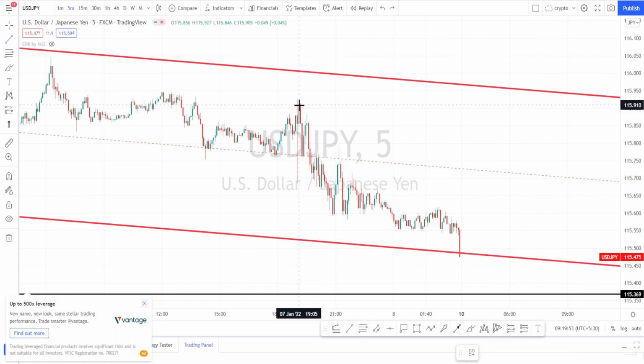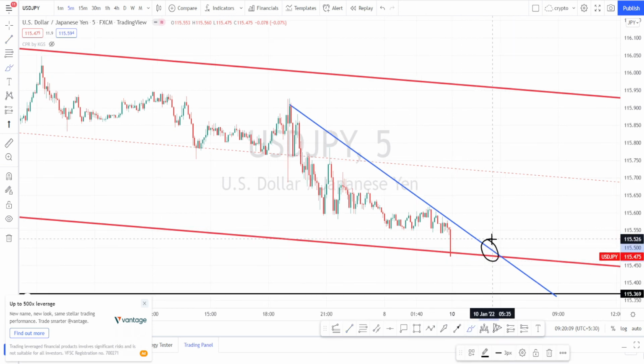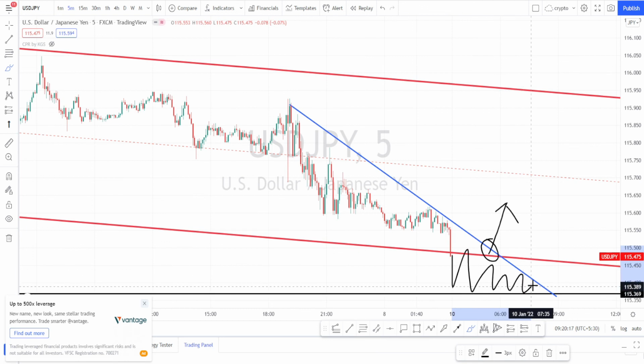bullish side. You can draw trend lines like this to notice the trend of the market. Once the price action breaks this trend line, you can go on a bullish side trades. Currently it is in a bearish side and I am expecting it to consolidate around here, then a trend reversal to happen.